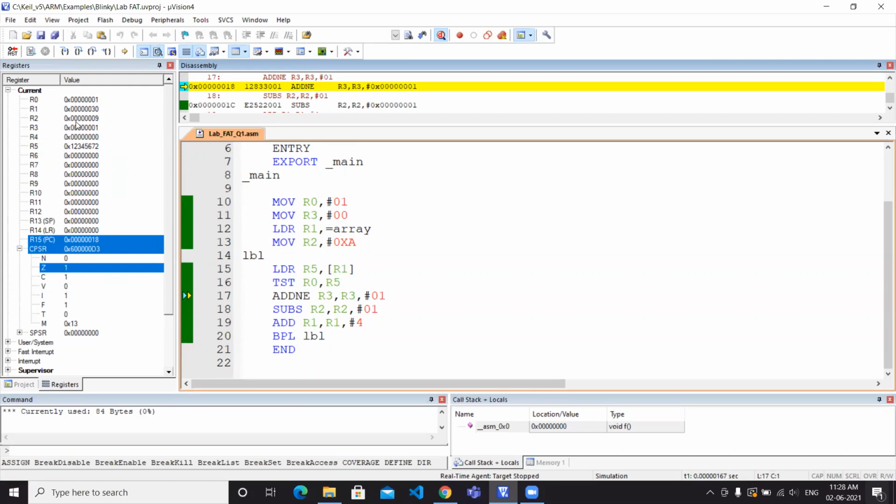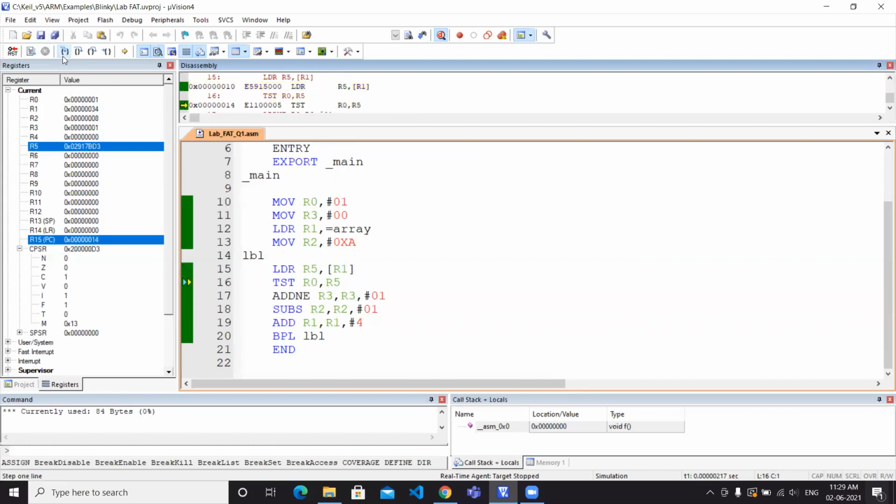Then the result is 0, and our Z value is increased by 1. After that, in this step, we are comparing the Z value and the R0 value. If it is equal, then we will increase the R3 register by 1, and if it is not equal, then we will not increase the R3 register.